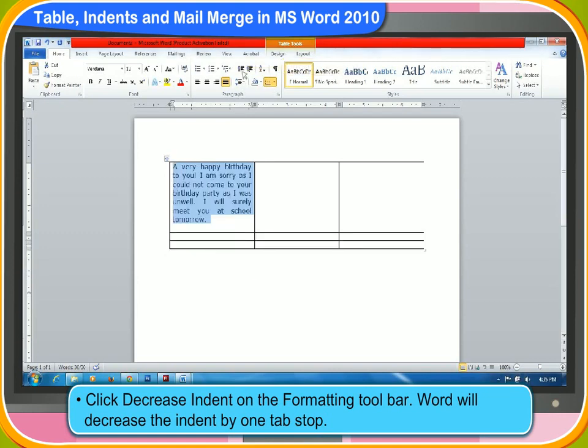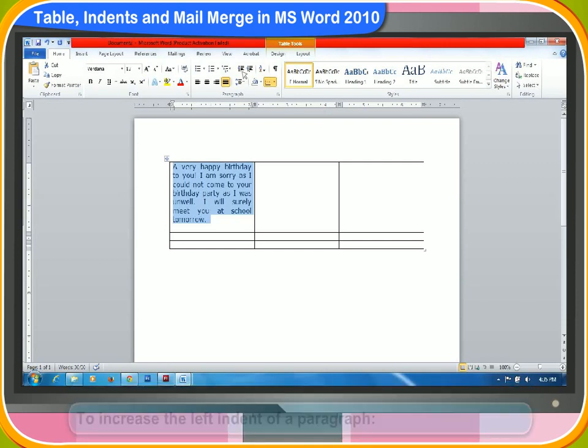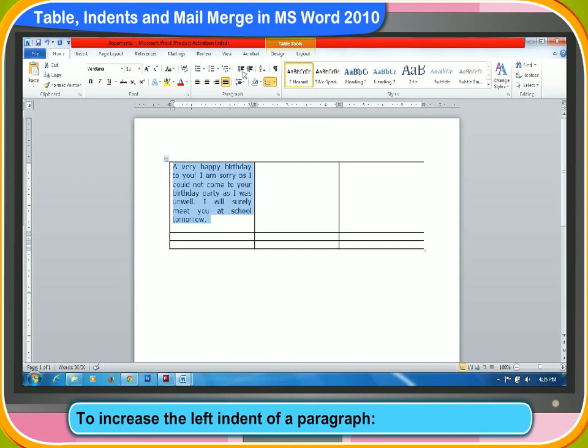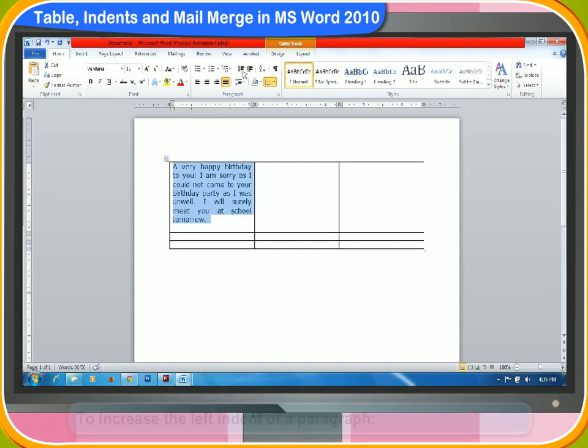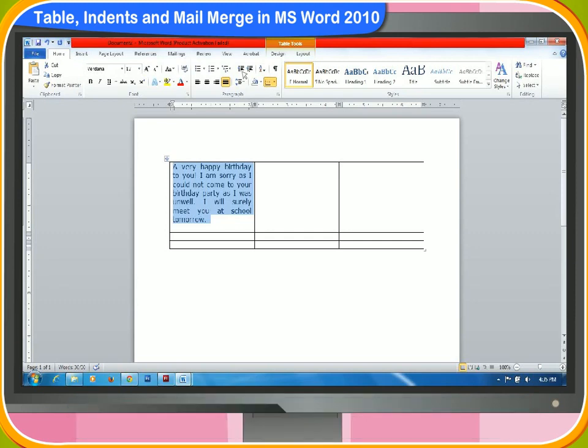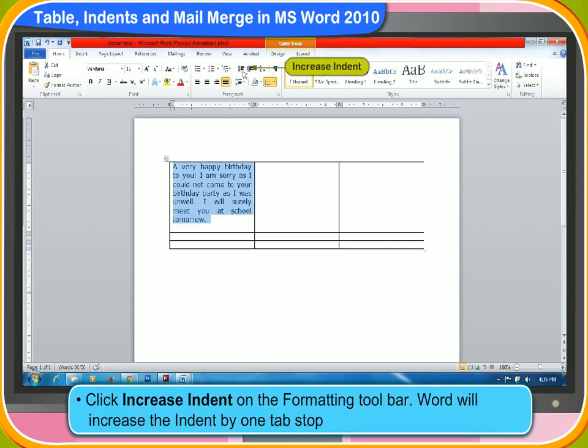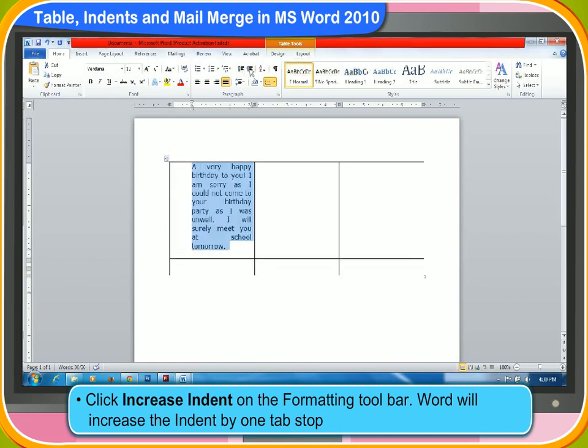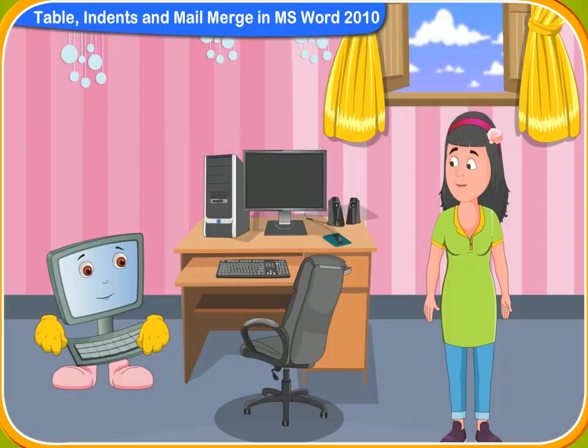Word will decrease the indent by one tab stop. To increase the left indent of a paragraph, first select the paragraph you would like to change. Then, click Increase Indent on the Formatting toolbar. Word will increase the indent by one tab stop.